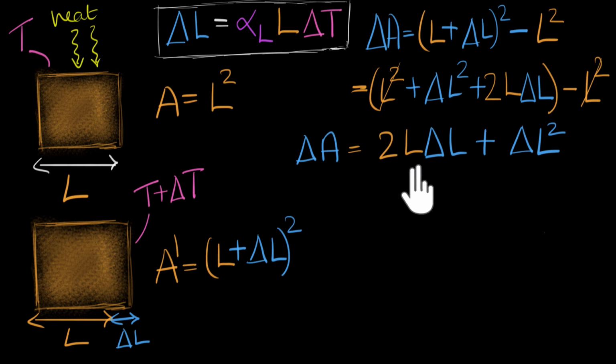And at this point, we may say, okay, there's nothing more to do, right? But there is one more step we can do over here. Well, we need to remind ourselves that delta L is an extremely small quantity. Check it out over here. We've seen this before also, that when things expand, delta L is much smaller than L. So what can you say about L delta L and delta L squared? Let's compare them. Can you see that L delta L is going to be a much larger quantity compared to delta L squared? Let me give you an example. Let's say L is something like 100. Then delta L would be something like 0.1.